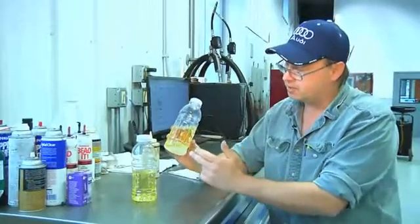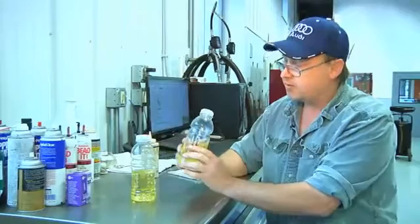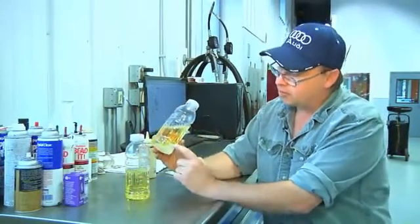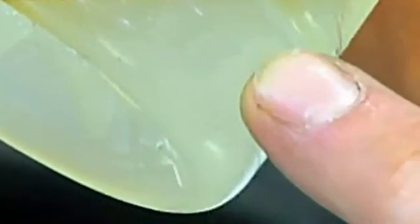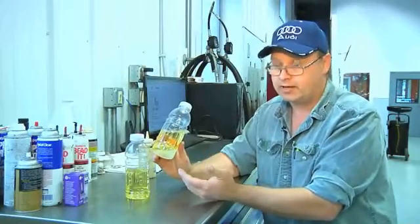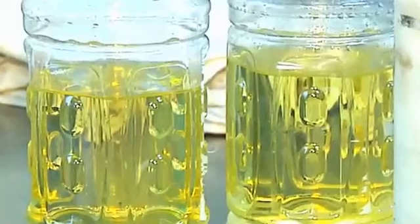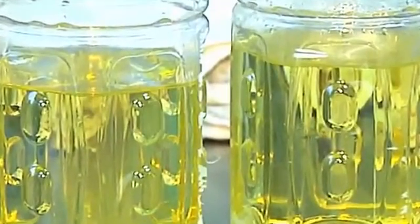This is an extreme example of water in your gasoline. The gasoline should look nice and clear like this, with nothing in it. This is quite a bit of water. If you have this kind of water mixed in your gasoline, you're going to need to drain the tank, flush it out with some sort of solvent or gasoline, and then refill your tank with gasoline. And this is how we eliminate water